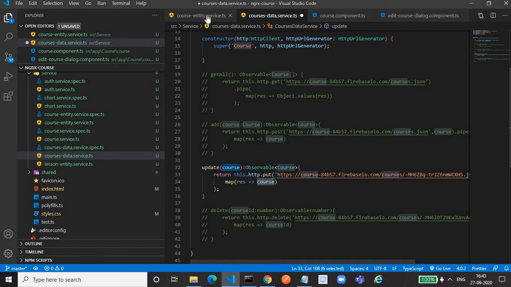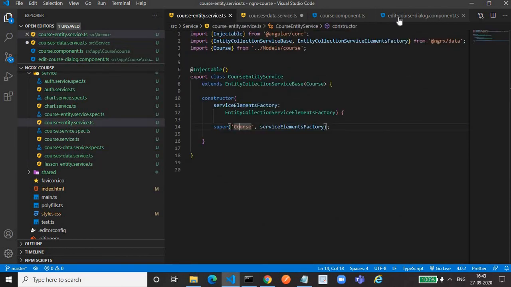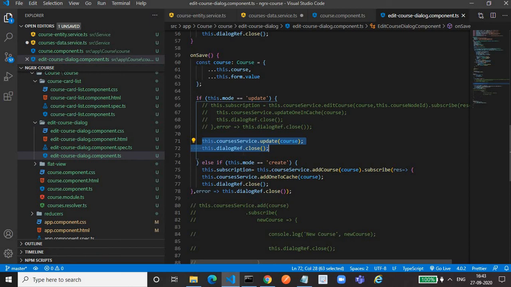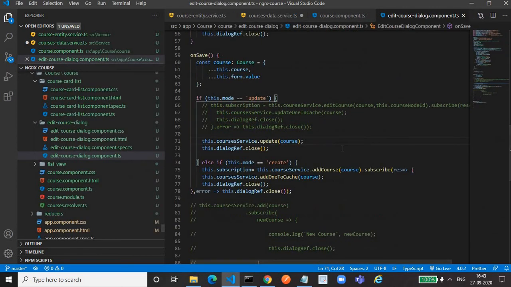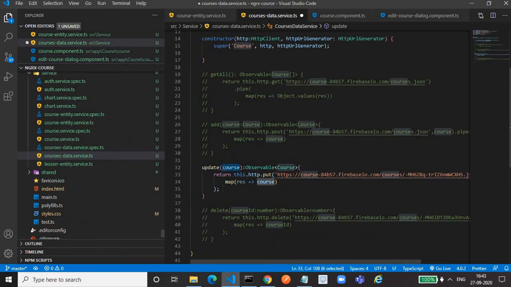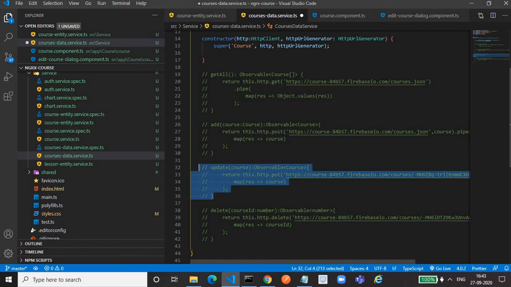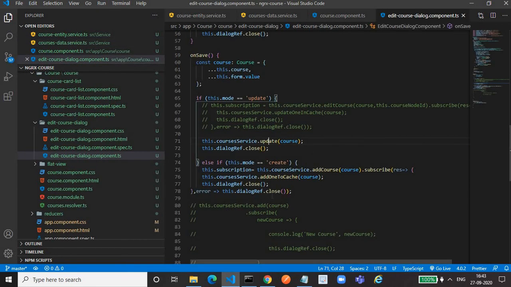And if you want to see the definition of this update method, we can see that too. Press Control and click on this update. If you see, it is expecting an input as entity and it will return an observable of entity. So in this way we can override it. You can try it later. I am commenting this one, and again commenting this one. In this way we can use the update method also.